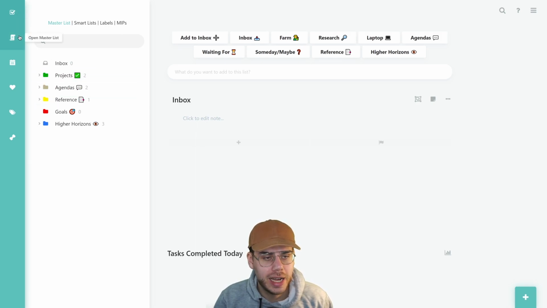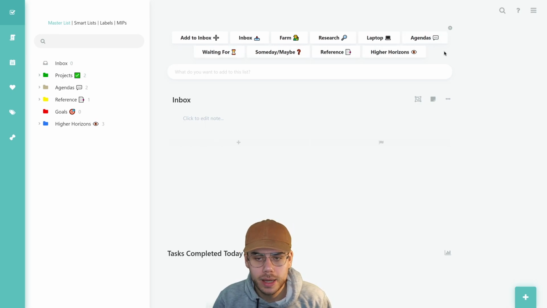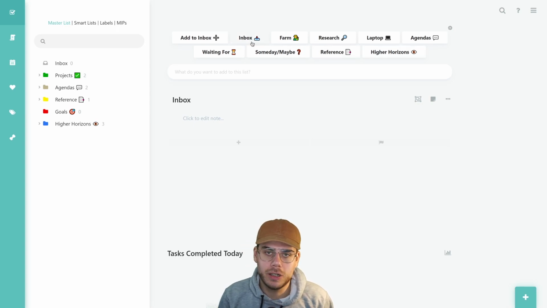On the left-hand side, we have the sidebar, which allows us to access different views. Here we have another sidebar, which allows us to see various lists. Here's the main view, which is the most important one, because we can access several of those lists and more from the top here with buttons that I've custom created. And we are first looking at the inbox here, which is a great place to start,